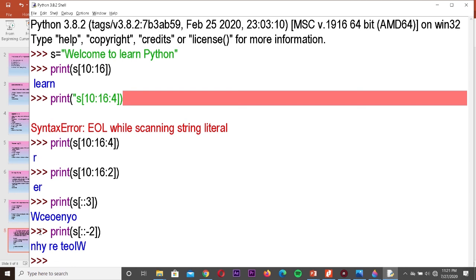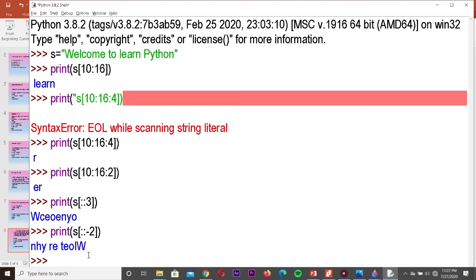Here we have to write the last character first. N, and then we have to move backwards. When you give the positive index, you have to move forward. When you give the negative index, you move backward after displaying the last character. So 1 2, what is the second character? H, then 1 2, 1 2, like that you can count and write it. This is how we have to write the string.